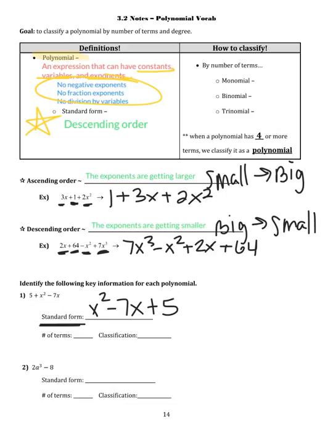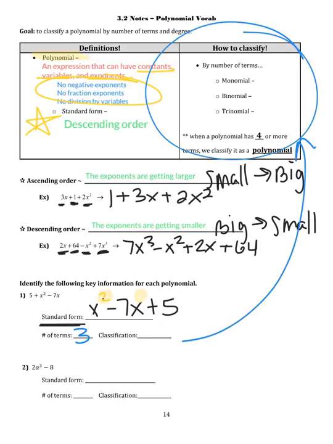So notice when I'm looking at those exponents, again, we've got the squared, that's the highest number, we're working our way down to an x to the first, and then the 5 doesn't even have an exponent. So now they're asking about the number of terms. So there were 3 pieces or 3 terms that we rearranged, and they want me to classify. So we need to go back up to